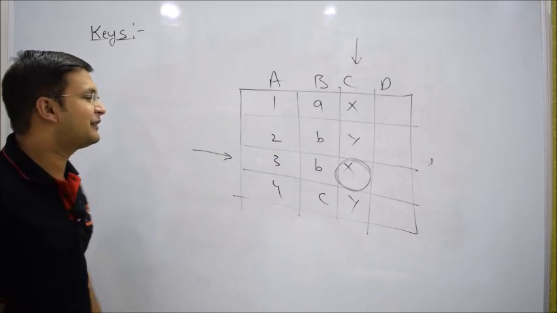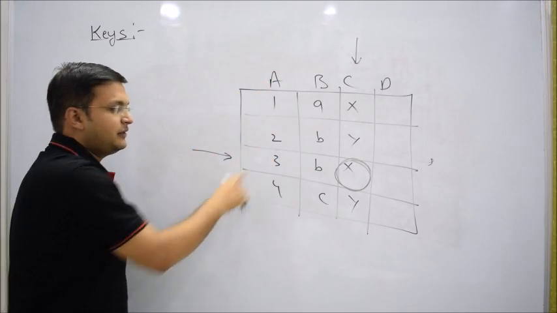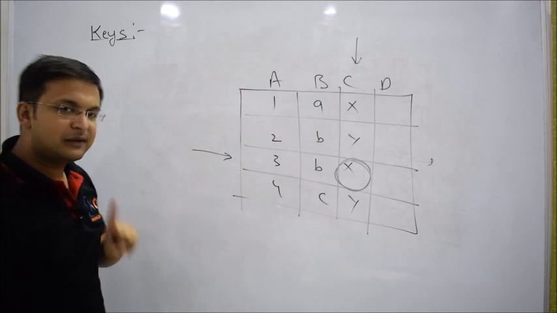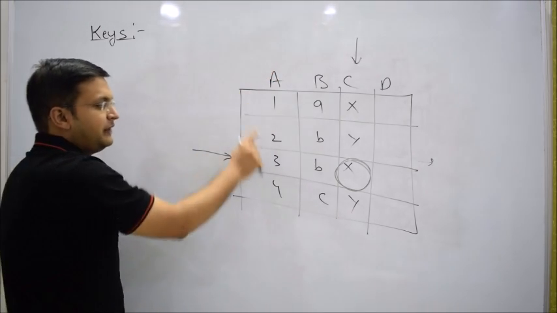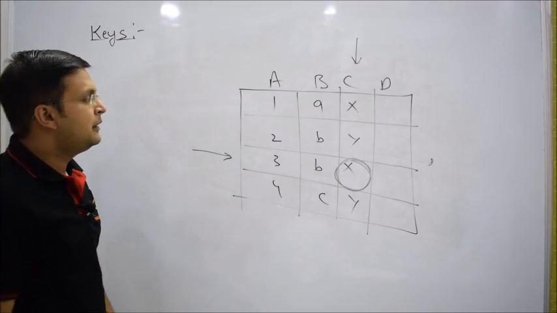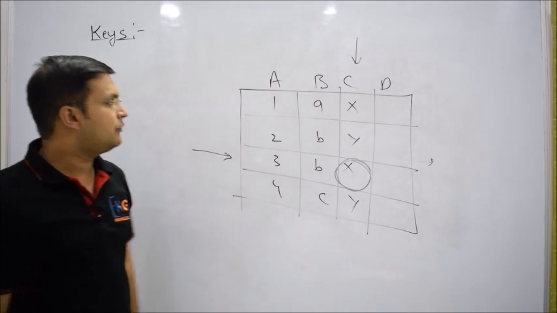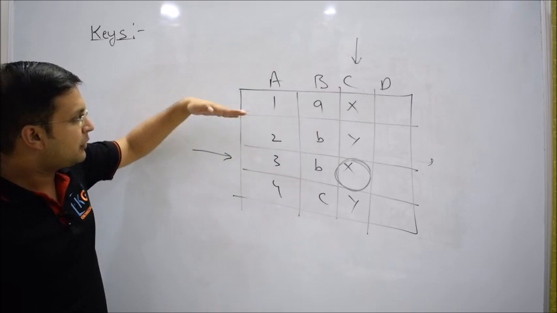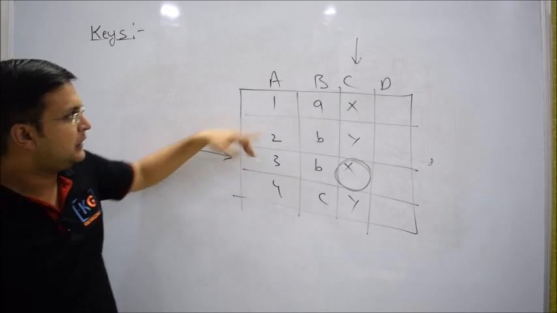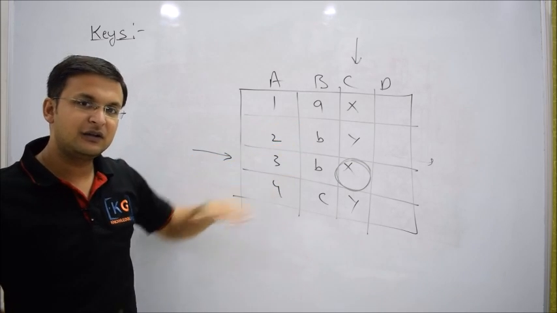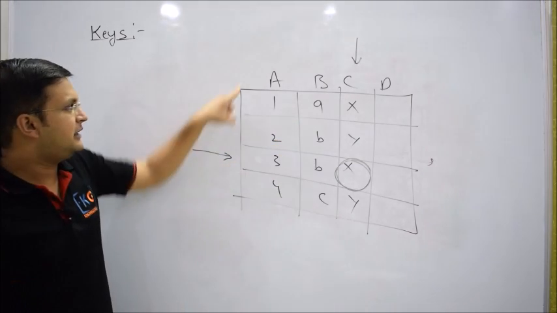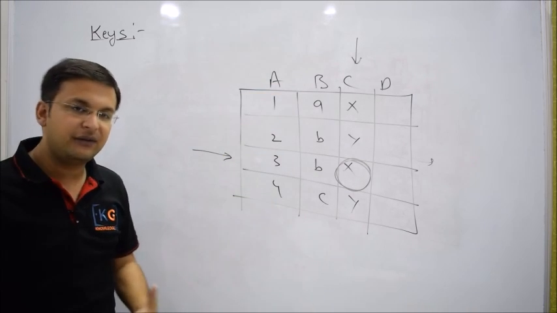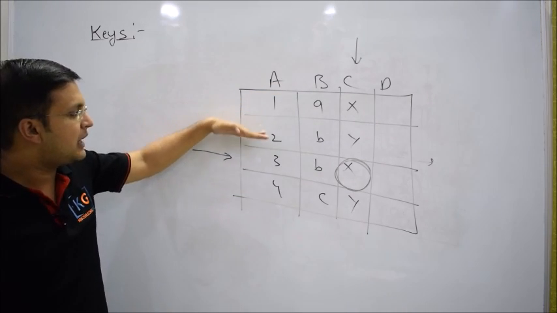Now you see, when you say the value of A is 3, that is okay, no problem. Because in all the rows there is exactly one row where the value of A is 3. But if I say I want to access the row where the value of B is small b, there's a problem. For the second and third rows, the value of B is b. So can I use attribute A's value to search a particular row? The answer is yes, because every row has a unique value.